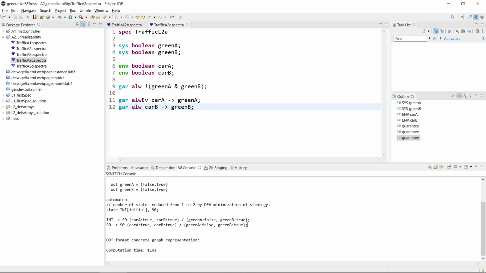So this is an always, not an always eventually, which means that this basically has to hold in every step. So in every step we need to have a green light on B,